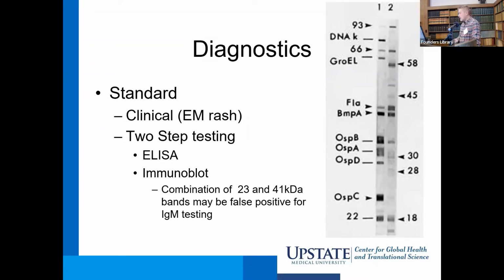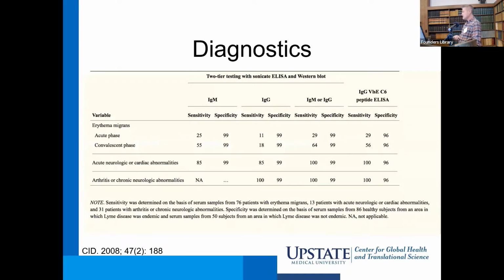There are some false positives as well as false negatives that you'll definitely see with this test, especially earlier on in the course of disease. You can see on this slide here, this actually looks at the standard two-tier test along with the C6 assay over on the right. And you can see earlier in the acute and the convalescent phase of erythema migrans, which is the early localized infection,